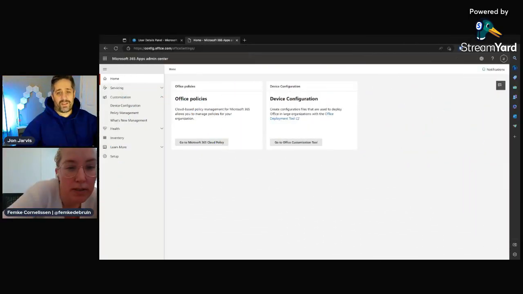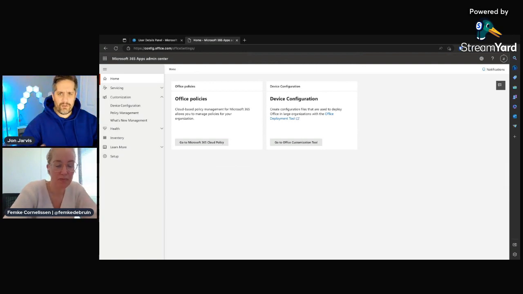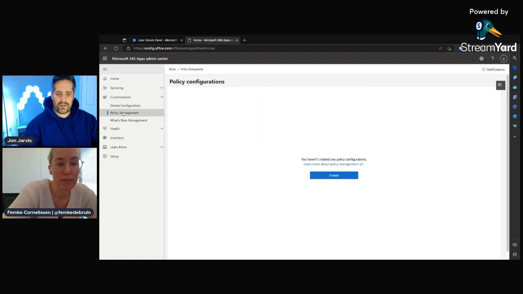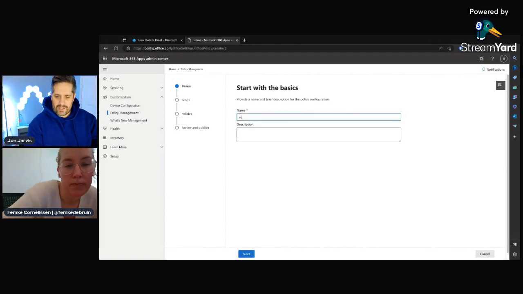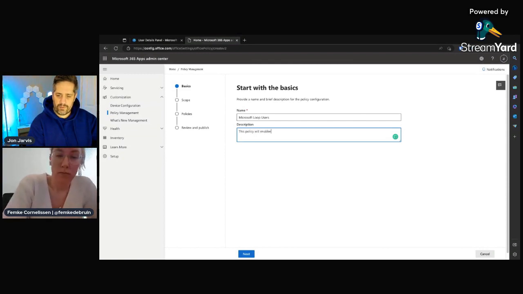Okay, so the first step to set up Loop within your tenant, we need to go to config.office.com and we need to set up an office policy, so a cloud policy. So yeah, we go to config.office.com, sign in with a global admin or any administrator within your tenant, and go to Policy Manager under Customization on the left-hand side. I haven't got anything set up at the moment, so we go to Create. So we need to give it a name, and we will give it Microsoft Loop Users, and say this policy will enable Microsoft